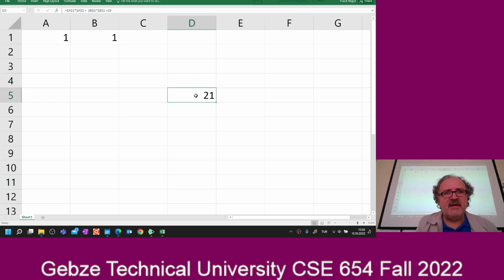Oh, okay. I don't want to do this with A. Actually, let me do it with just one variable A. I don't want to introduce the second one. So it is A squared times,